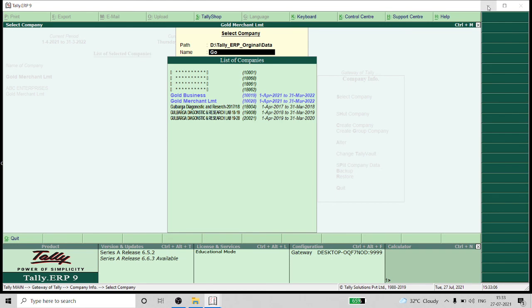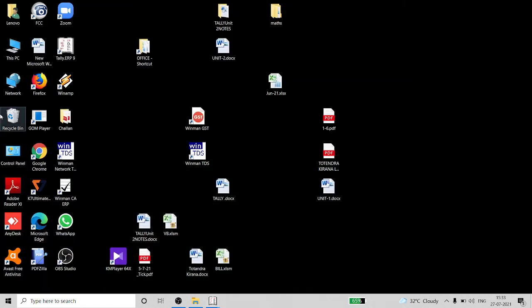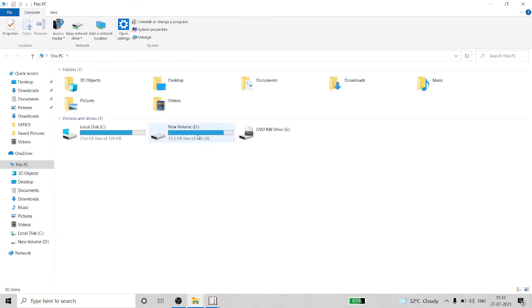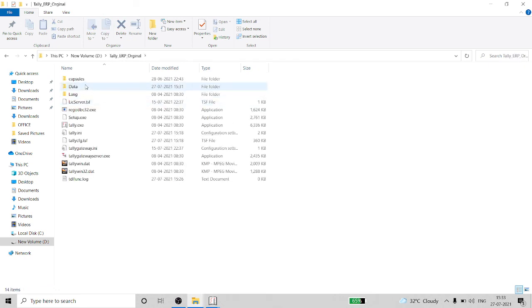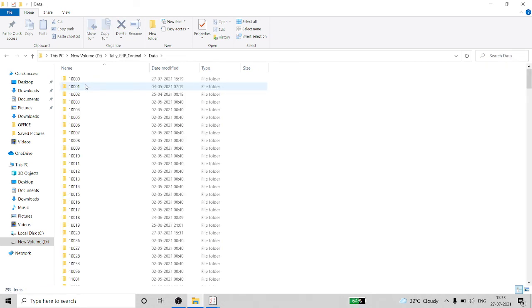Now I will show you how it has been saved. Just go here in D drive, Tally ERP original, under data. 10020 is there, right? Can you see here? So this is the number of my file which has been saved in this path.